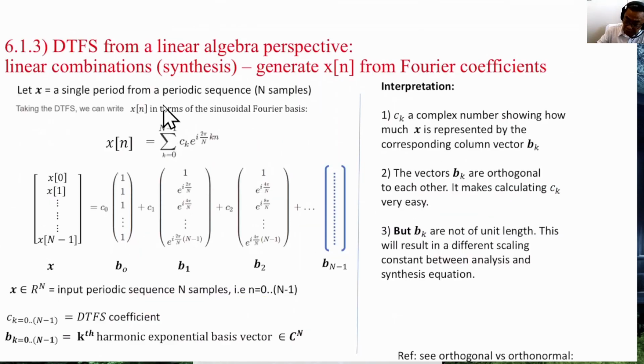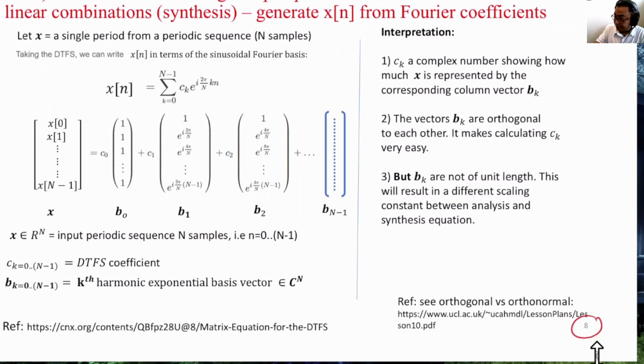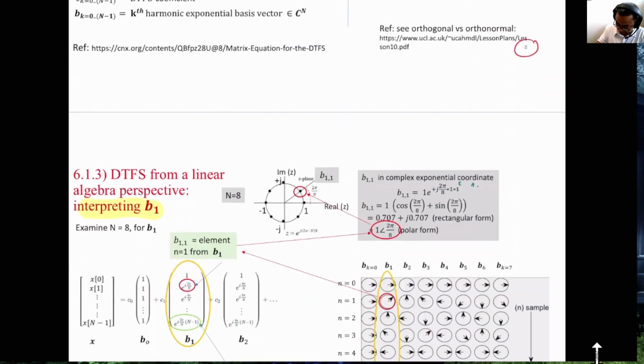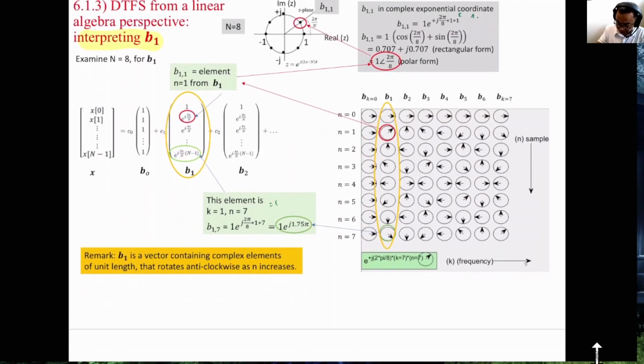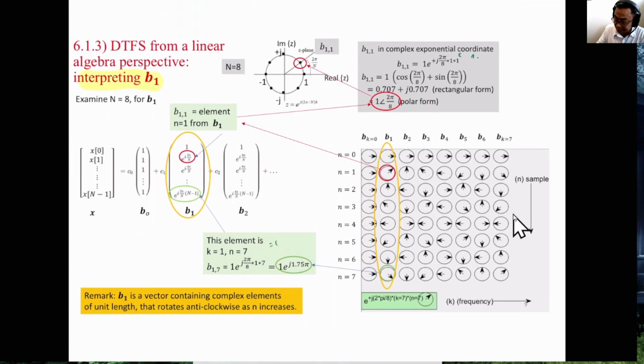You can see more of my discussion of this idea in slide 6.1.3 at page 8, as well as page 9, where we visualize the B's in terms of the arrows like this. And in here, the arrows basically shows the position of the phasor. And you will see that for B0,